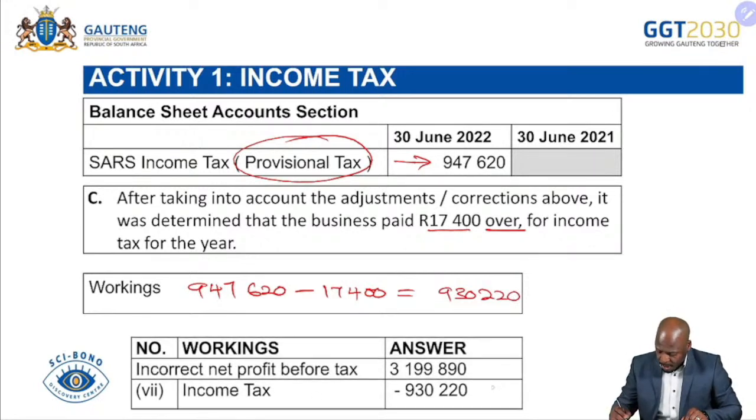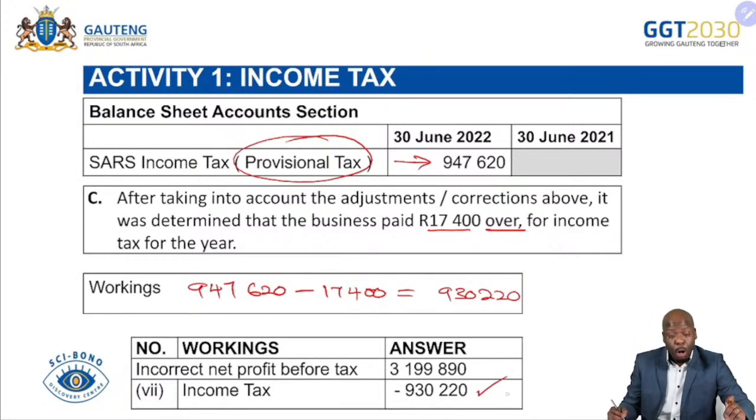So here's my income tax minus 930,220. All right. So remember, income tax must be subtracted. All right. But then if I'm going to prepare the statement of financial position, what will I do in that